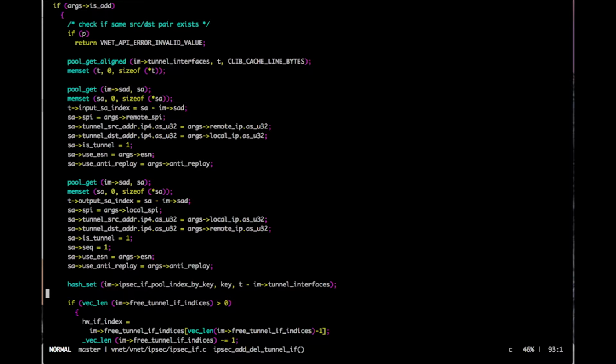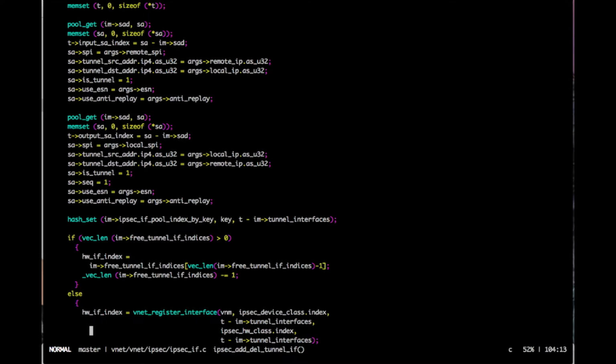And finally, we need to create a hash for this. So next time, we need to find out from the IP address and from the SPI what the tunnel interface is, we will basically do a hash lookup. Hash set here is basically adding the new hash to the hash table. And parameters are basically the IPsec interface pool by index by key, which is the name of the hash, the key which we already calculated at the top of this function, and then this last one,